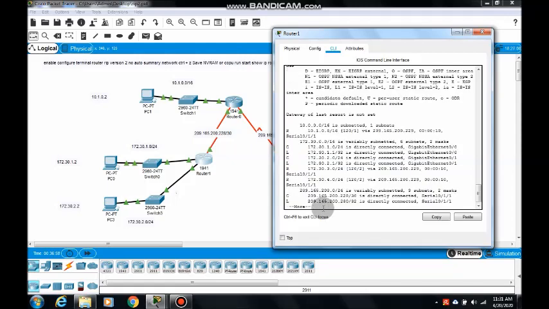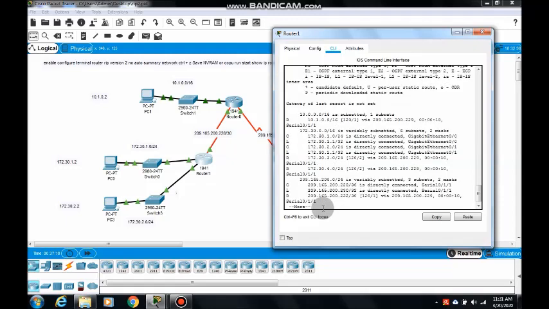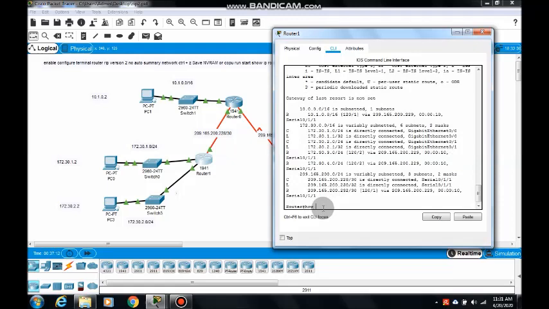Yes, so all the networks are connected. The via network and interfaces are also given. Then show IP protocol.